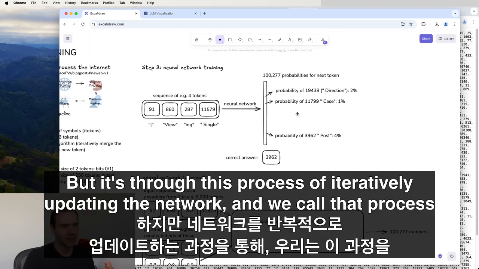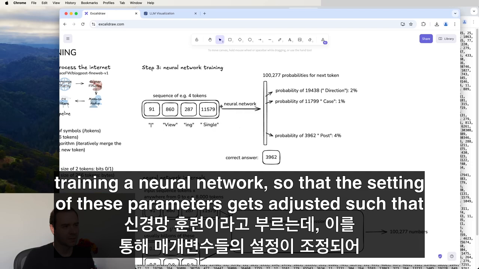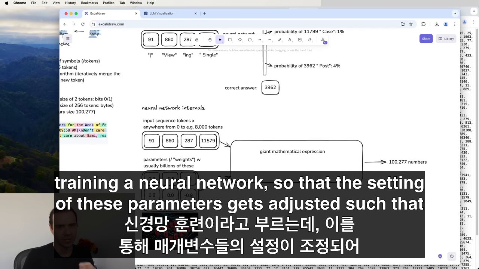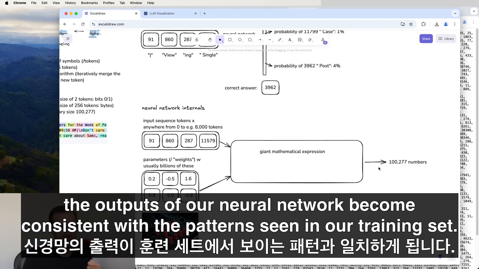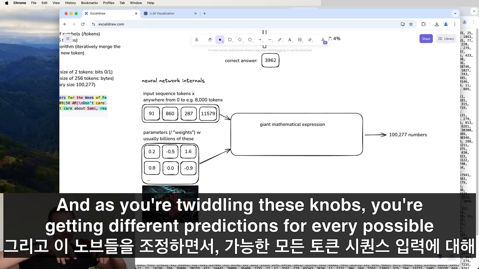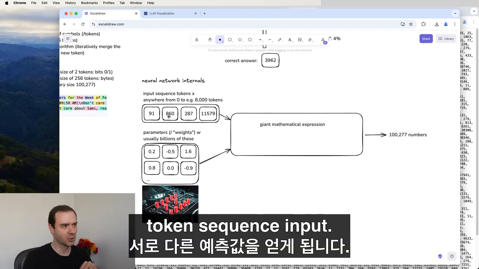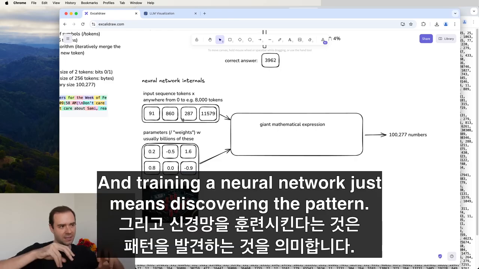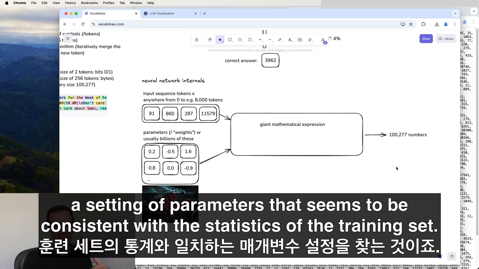But it's through this process of iteratively updating the network, and we call that process training a neural network, that the setting of these parameters gets adjusted such that the outputs of our neural network become consistent with the patterns seen in our training set. Think of these parameters as kind of like knobs on a DJ set. As you're twiddling these knobs, you're getting different predictions for every possible token sequence input. And training a neural network just means discovering a setting of parameters that seems to be consistent with the statistics